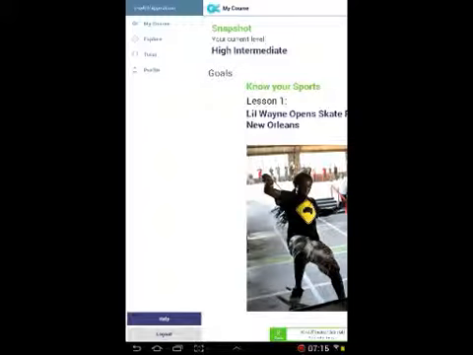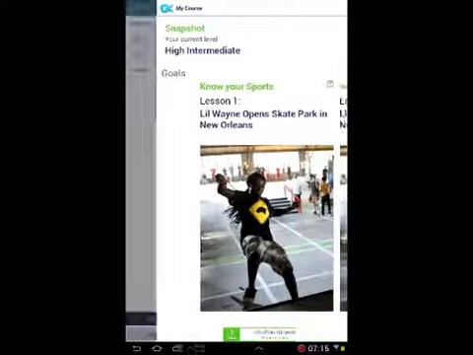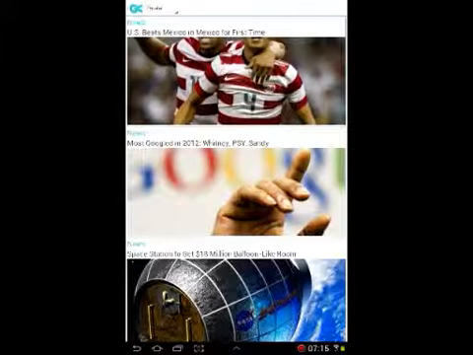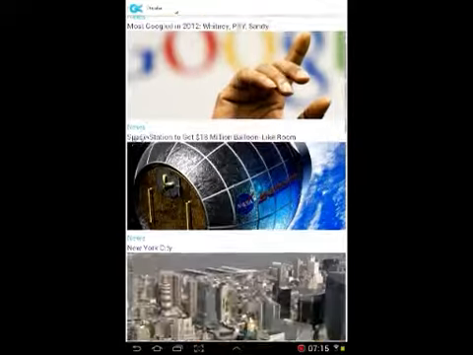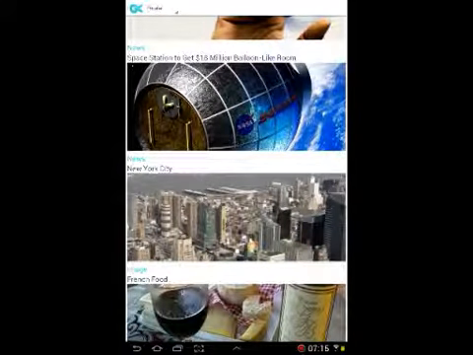Anyhow, just to go through it with you, you can see on the left here there are some different areas that you can look at. There's My Course, there's Explore, there's Tutor, and there's Profile. Just to show you the kinds of things you can do on here, let's go to Explore for the moment. There seems to be a lot of activities based around news and recent events and certain topics.